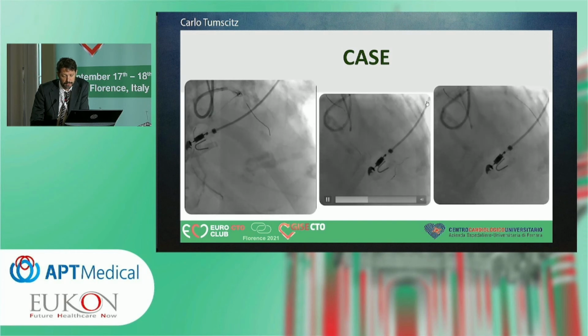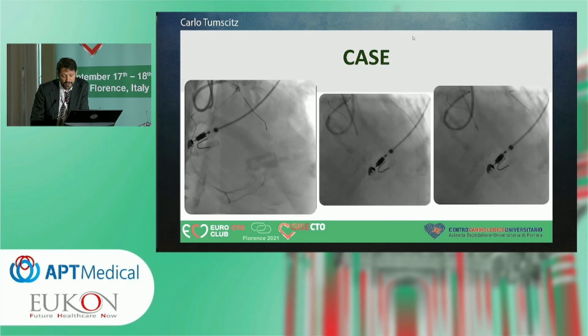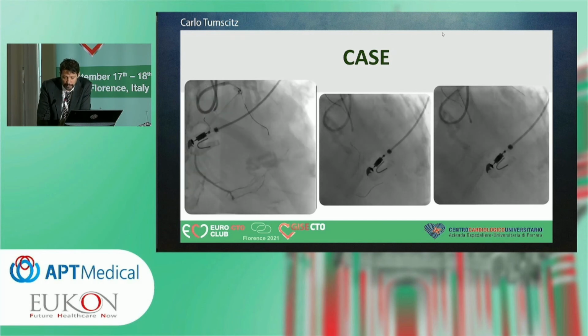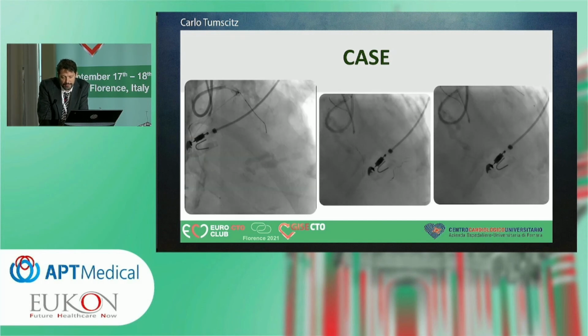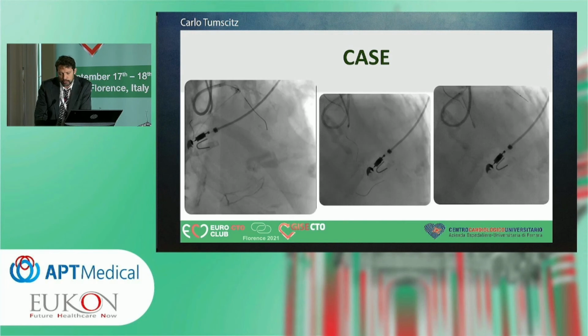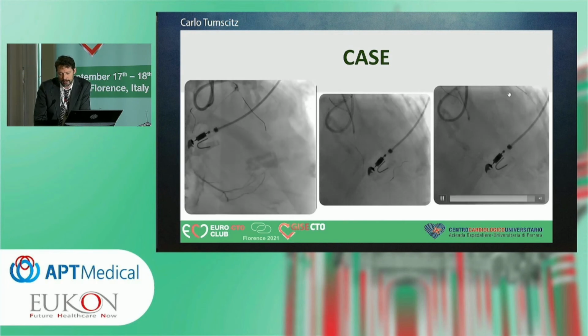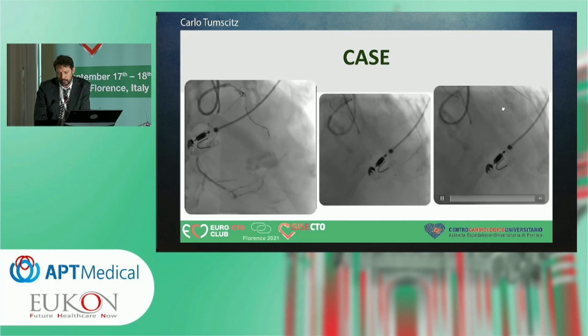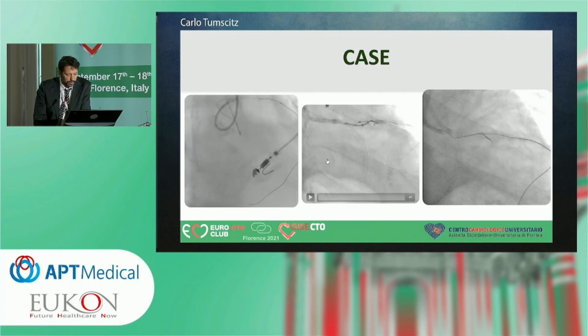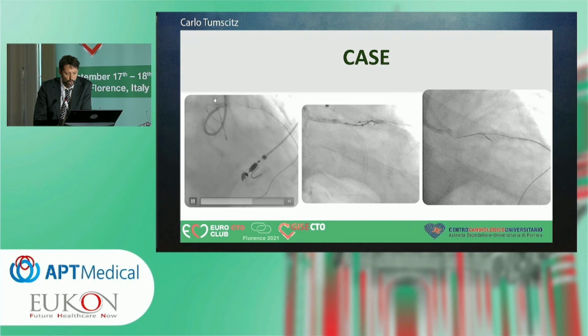And this is the APT catheter going up. It's very smooth. As you can see from this image, there is a very good lubricity of the surface of this catheter. So even if it's not strong, it has a very good pushability. You can see here, I can go up to the cap. Okay, then we decided to go on, and we were able to cross with a retrograde crossing, and the guide